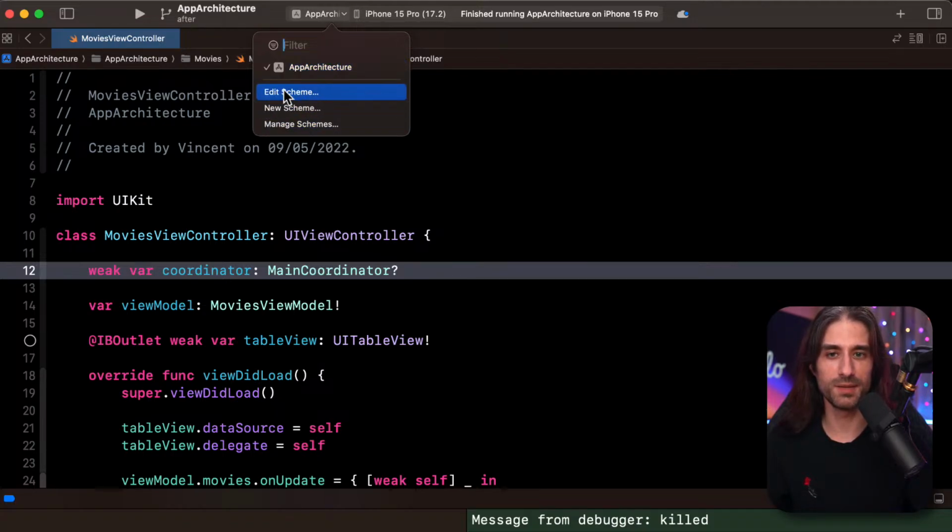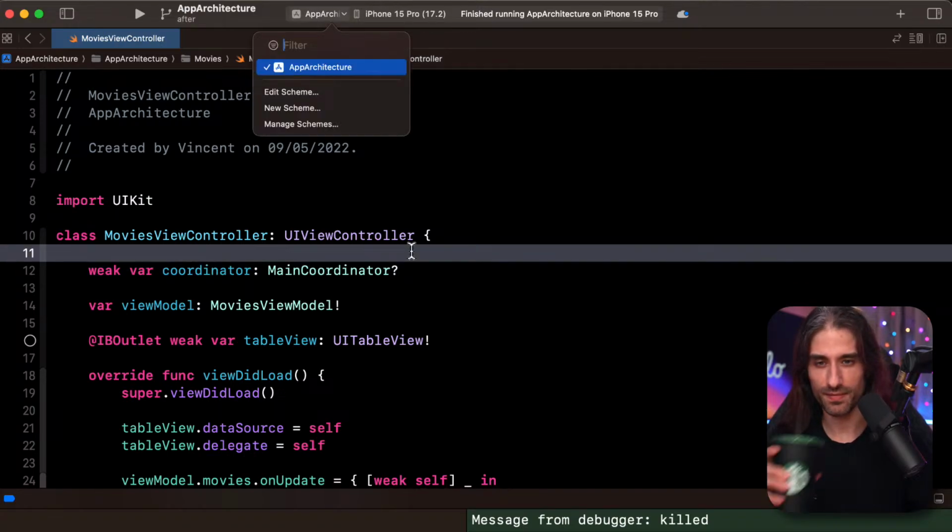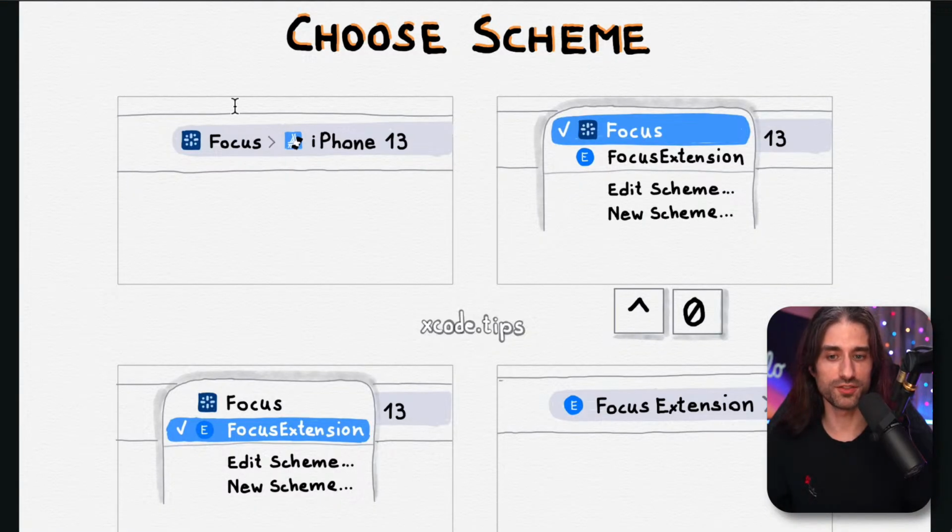And then you can choose the scheme. Here I'm on a project that has only one scheme, but if you're running several schemes, it can be super useful. If you're also splitting your project across several Swift packages, it can be useful sometimes to only run the scheme of a package, because this way it will be faster to build than your full app. So this one can be very useful, and it's control and 0. Let's move on to the next one.